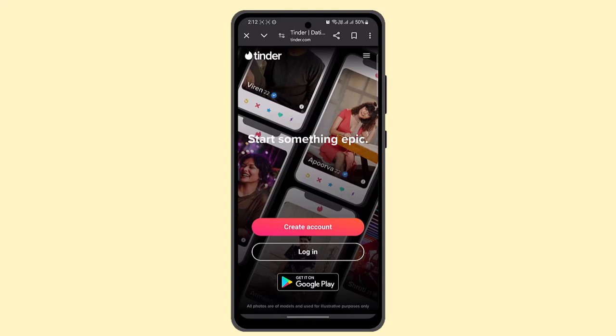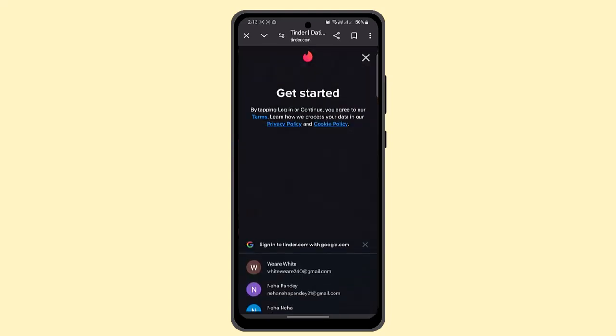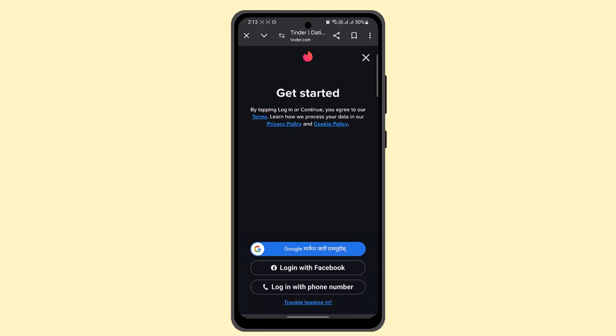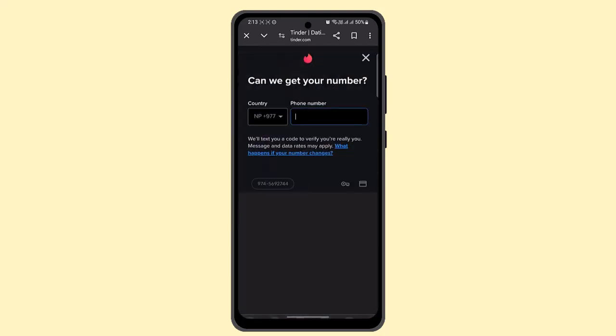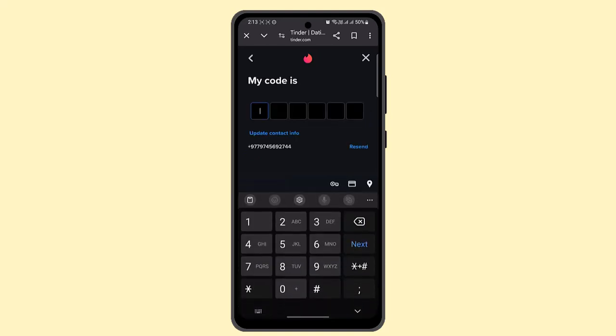While you're on this page, you want to click on the login button, and then you want to click on whether you want to log in with phone number or Facebook or Google account. I'm going to go with phone number, so I'm going to type in my information and click the next button. As I've done it, it's going to send me the code through an SMS. I have to enter in that. So when you receive a code, you just have to go ahead and enter it in there and tap the next